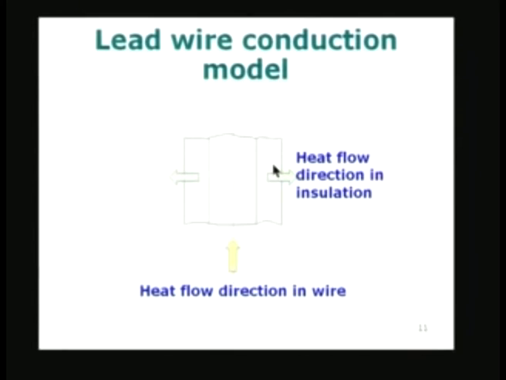And in fact, what we will do, which we will show in the next lecture, is to look at an effective resistance to heat transfer from the surface of the wire to the ambient. So, we will model the heat transfer in the lead wire or heat conduction in the lead wire by axial conduction in the wire, followed by a radial conduction in the insulation layer. So, the analysis which we are going to present in the next lecture, because there is not enough time in this lecture, will be to model the heat transfer, which is essentially axial in the wire and radial in the insulation, by